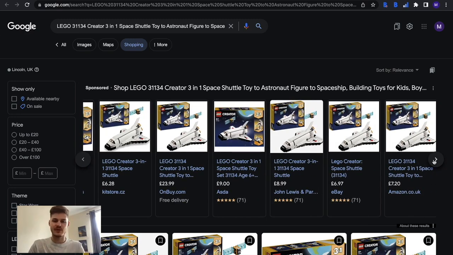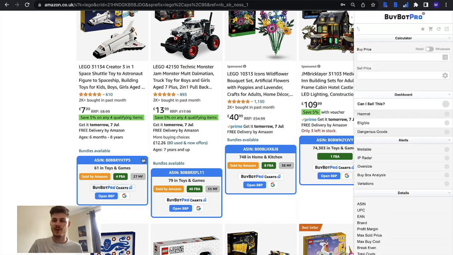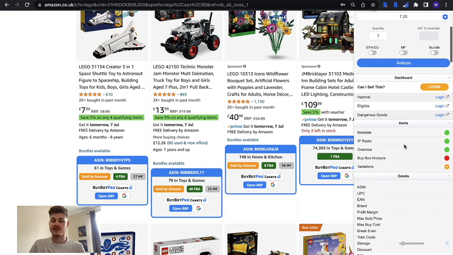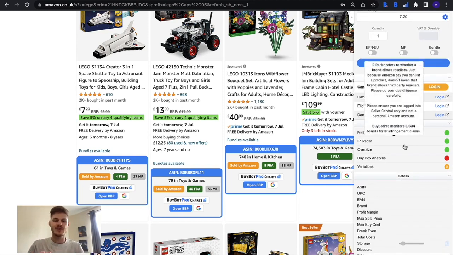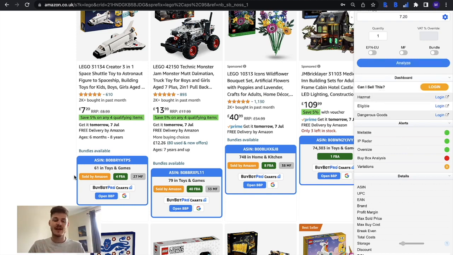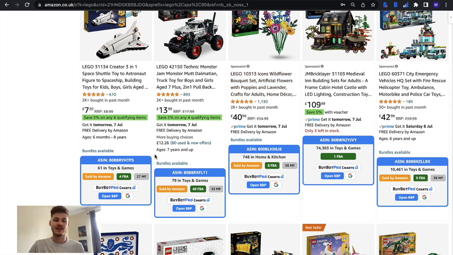If we saw a store where we could purchase the item from, it looks good to us, we can quickly open up BuyBotPro, enter in that price, and get all of those analysis results. So it helps us by making it so we don't have to have lots of tabs open, we don't have to keep going back and forth, you know, we can very simply do things. It's a wonderful little feature, and as I say, it's really good for reverse sourcing,